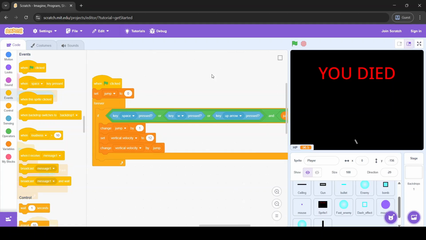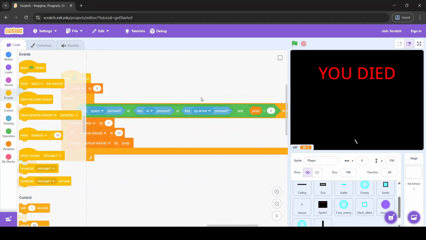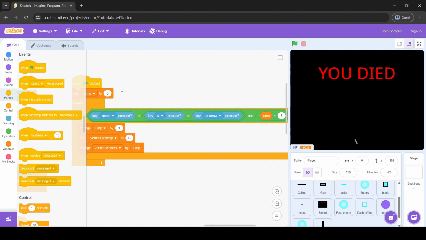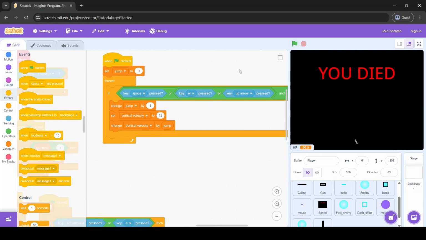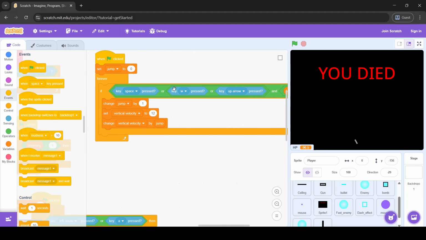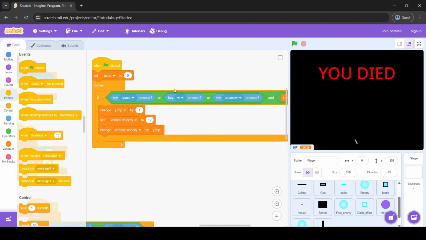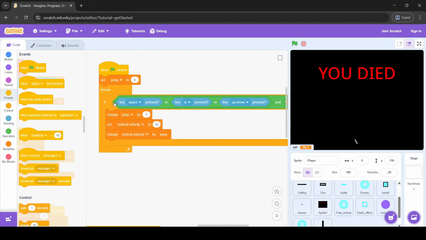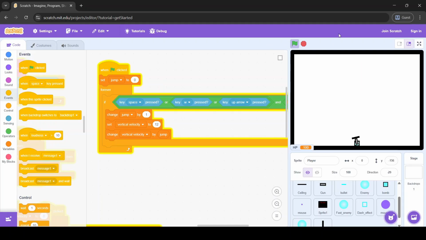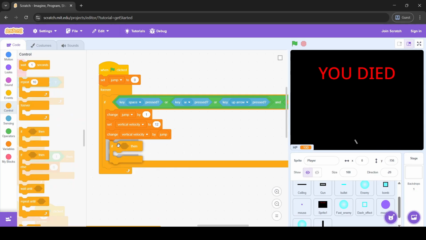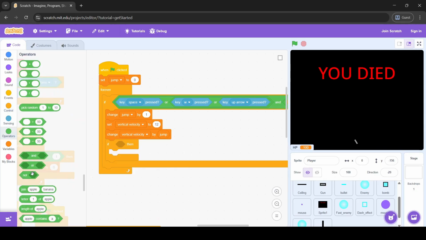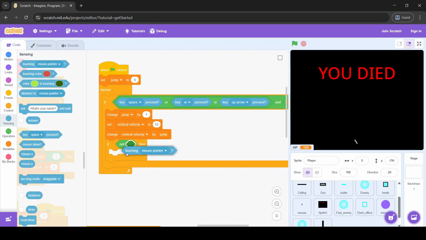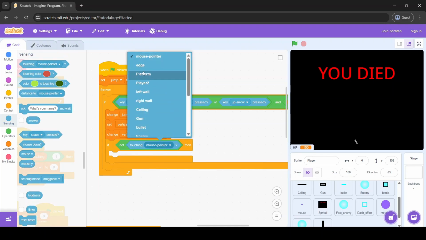So you code something to prevent the player from jumping multiple times. The player can only jump one time. We add a block: if not touching the platform,